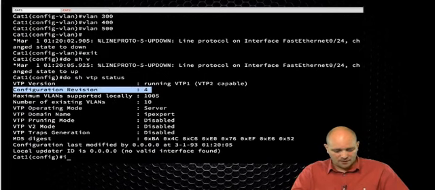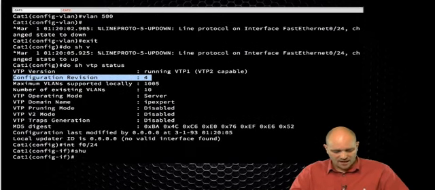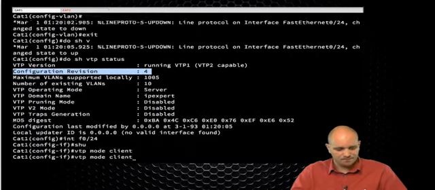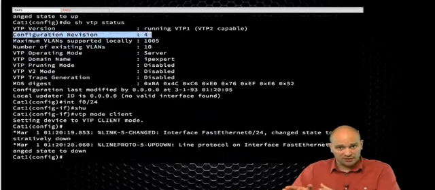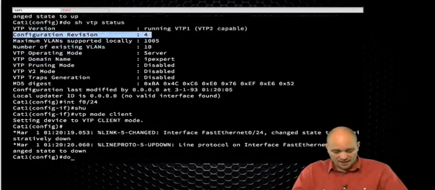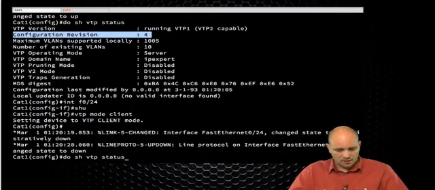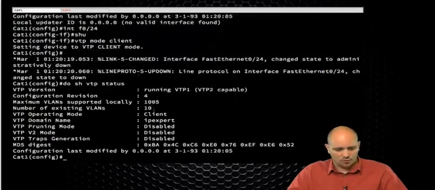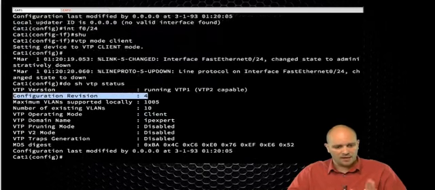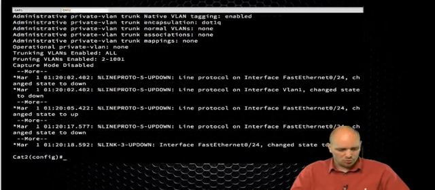4. Now, let me go to Fastnet24, going to shut it down, and I'm going to say VTP mode client. So now I have shut down the interface between Cat1 and Cat2, and my mode right now is client, but you can see that my configuration revision is 4. Let me go to Cat2. So on Cat2,